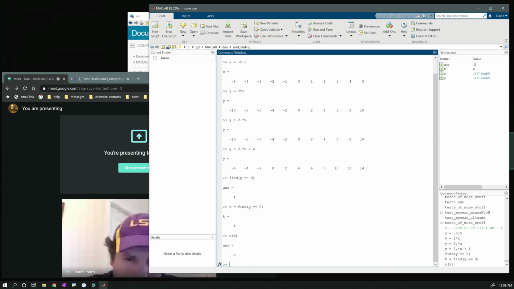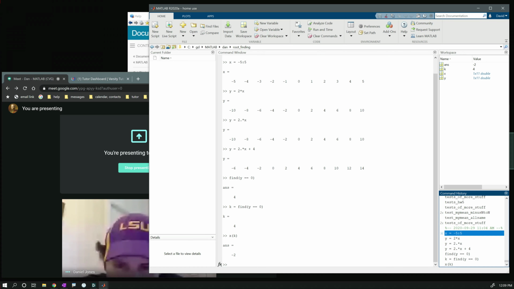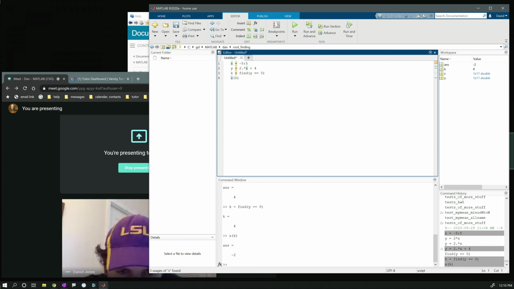Okay. So now we have the beginnings of a program or an algorithm that finds roots. So I'm going to go into my command history and click that guy, then hold down Control, click that and this, and then create script. And then, just so this will be portable to other functions, I can say I need to create an x vector,